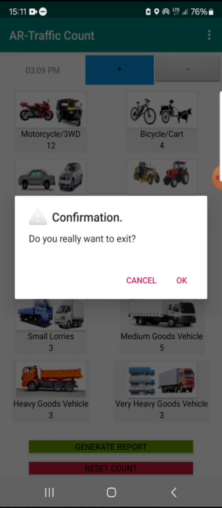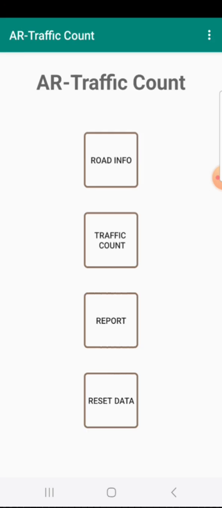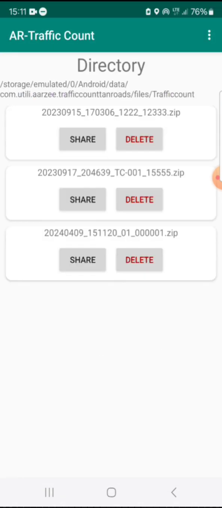Then going back to the main application window, it says, do you really want to exit? Say okay, because I've generated the report already. If not, you could have said cancel, then go back again. So I'll say okay. Then report. So I'll see my report here because it gives you the time. This is the latest one. It stays at the bottom. So I can always share